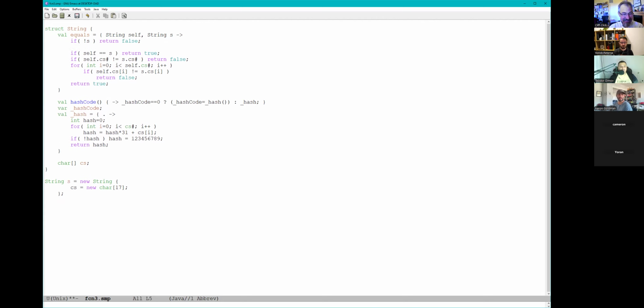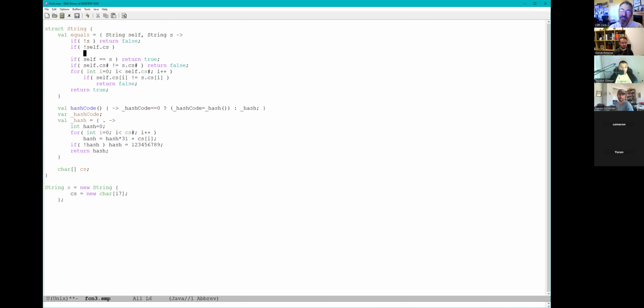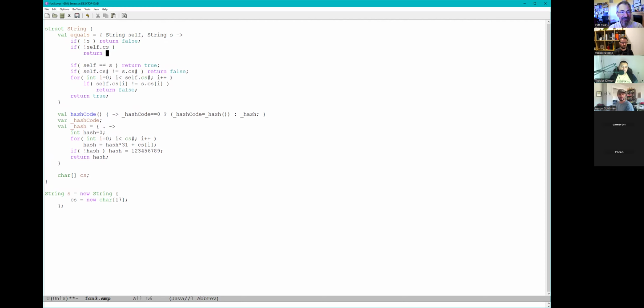And now the question is, bring it up in the debugger, which I can totally do, and this demo gets longer and longer. Or I can start playing guess and test. Hey, maybe it's because I didn't test self.cs is null, right? If that is null, then what am I going to do here? I'm going to return true or false according to x.cs is null.